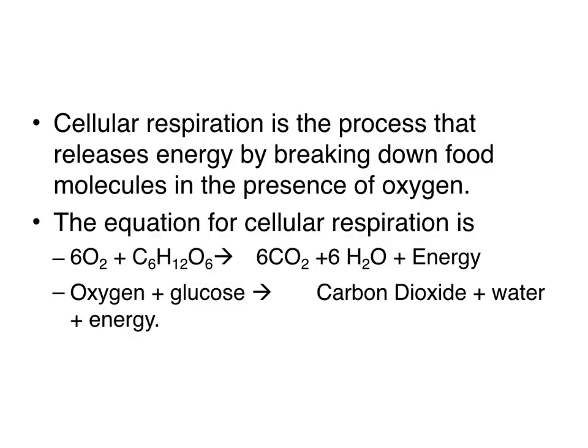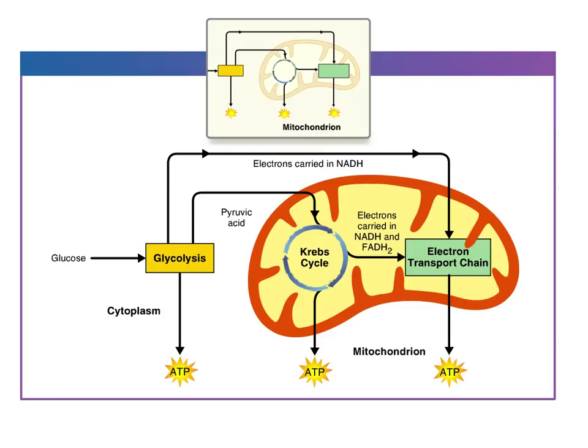The equation for cellular respiration: 6 O2 plus 1 glucose yields 6 CO2, 6 H2O, and ATP, or energy. That ATP we talked about in the last chapter, we're going to deal with again here. The formula written without the amounts is oxygen plus glucose yields carbon dioxide, water, and energy. Taking a look at this diagram, we see that glycolysis